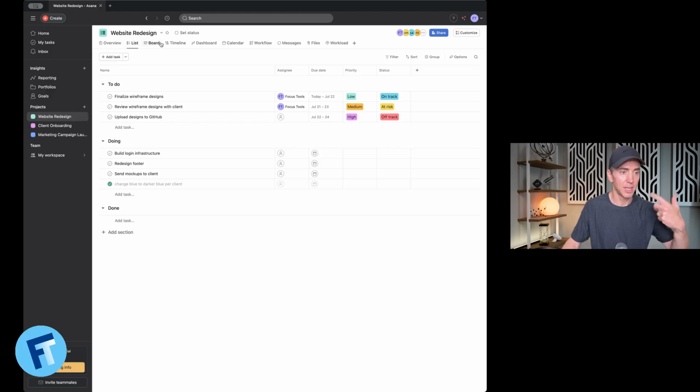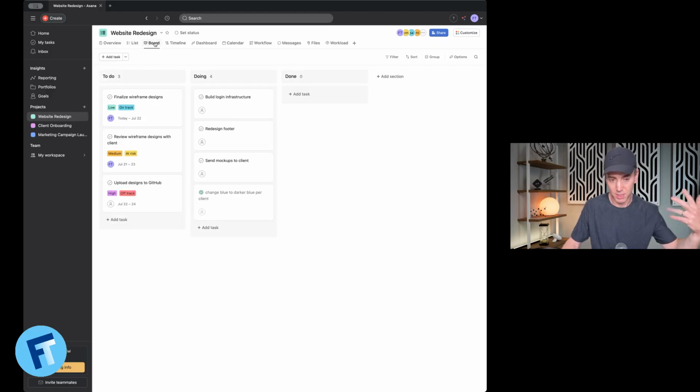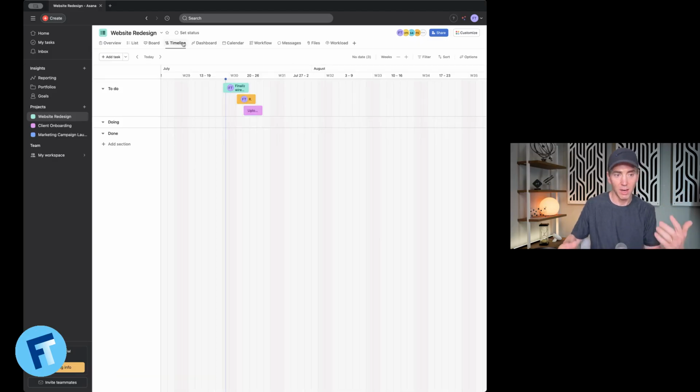So I do have a Kanban view. That just wasn't set up in Todoist, but Todoist does have that. I have a timeline view. Now, I only have a few tasks that I've put into this fake project for the moment, but that's already helpful. I can start to stage out tasks over a period of time, over weeks, over a quarter, over a year. So if I'm in construction management, or if I'm producing an independent movie and that's going to take 9 months to shoot or 9 months to get to the shoot, you can see how a timeline view and adding your tasks and being able to see things visually over a timeline can be very helpful.